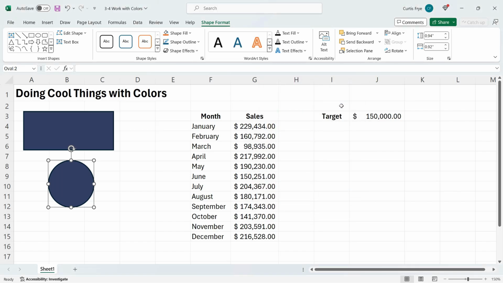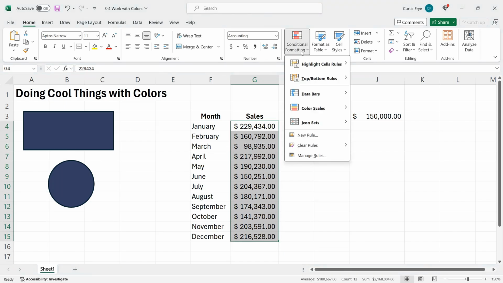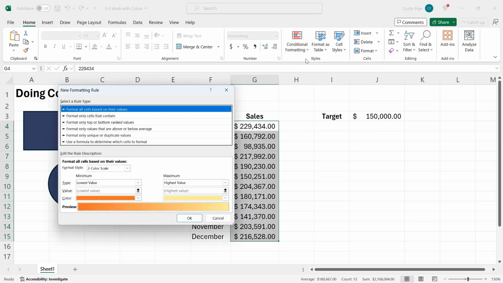So that's how you can work with colors with shapes. Now I'll show you how to work with a conditional format based on a formula. I'll select the values from G4 through G15, and then on the Home tab of the ribbon, I will click Conditional Formatting, and then click New Rule. Then, in the New Formatting Rule dialog box, I can click the bottom rule type, which is use a formula to determine which cells to format,